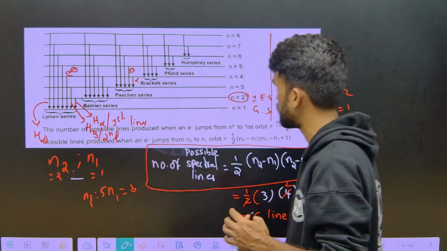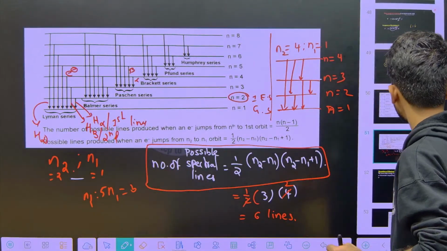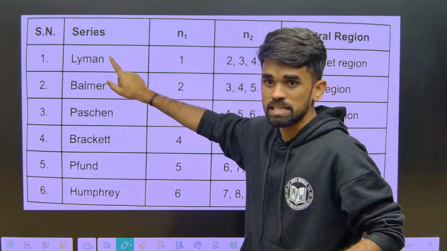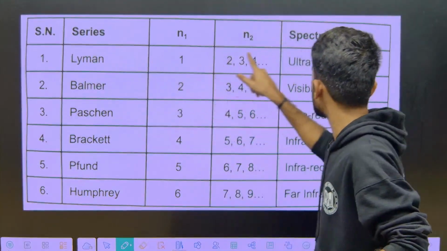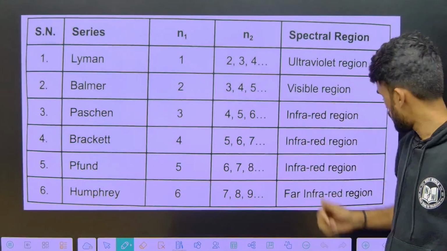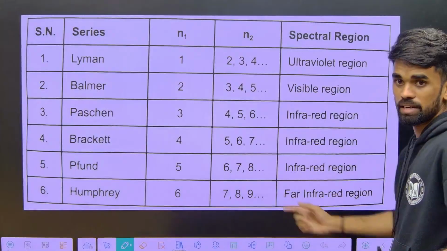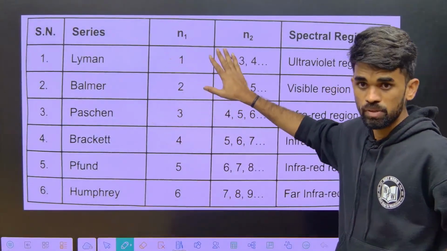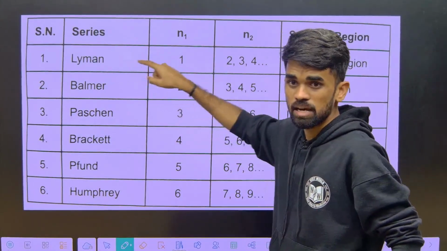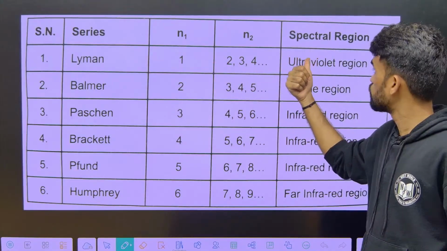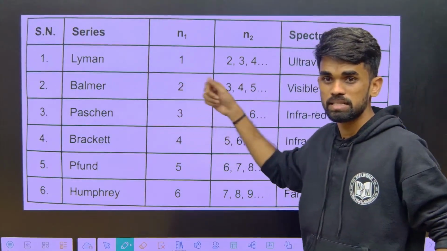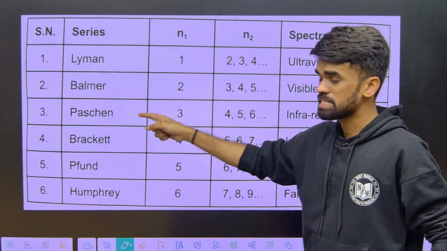Let us move forward with something more interesting. Now all the Lyman series lines will appear in this UV region. I suggest you write this thing, whatever we discussed in the previous slide, and also this one. So Lyman series lines appear in UV region. Balmer series lines appear in visible. Paschen appears in